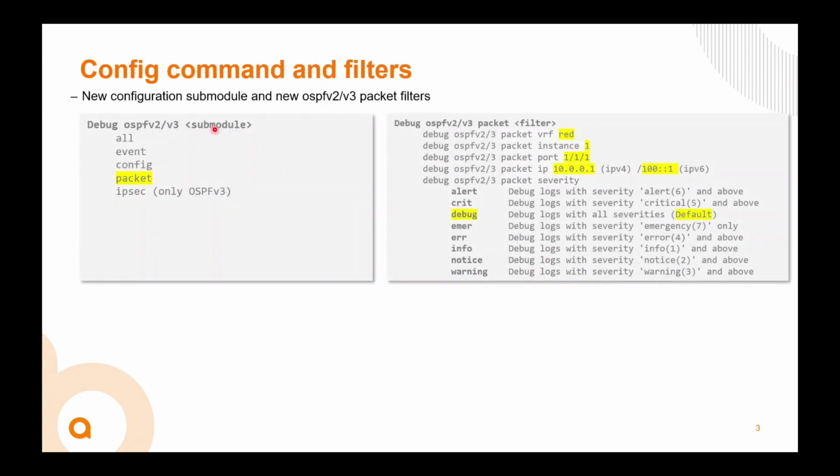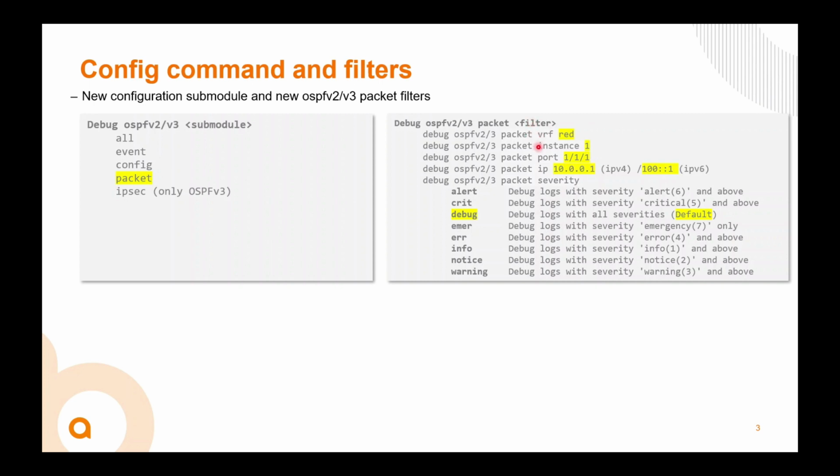So let's have a quick look at the CLI. It's very straightforward: debug ospf v2 or v3. We've got the options of putting v2 or v3 there, and then the submodules underneath as the next CLI output. So we've got all, event, config, and IPsec for v3 only. These are existing ones. The new submodule is called packet, and if we put that in the command string, say for OSPFv2, debug ospf v2 packet, then we get all these additional filters to filter on